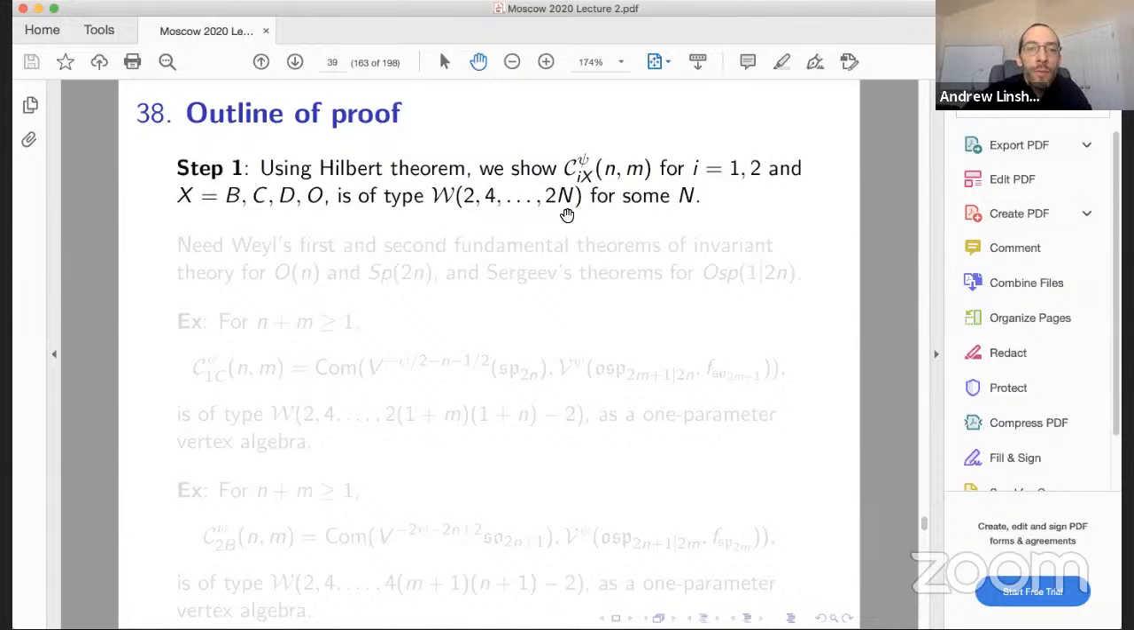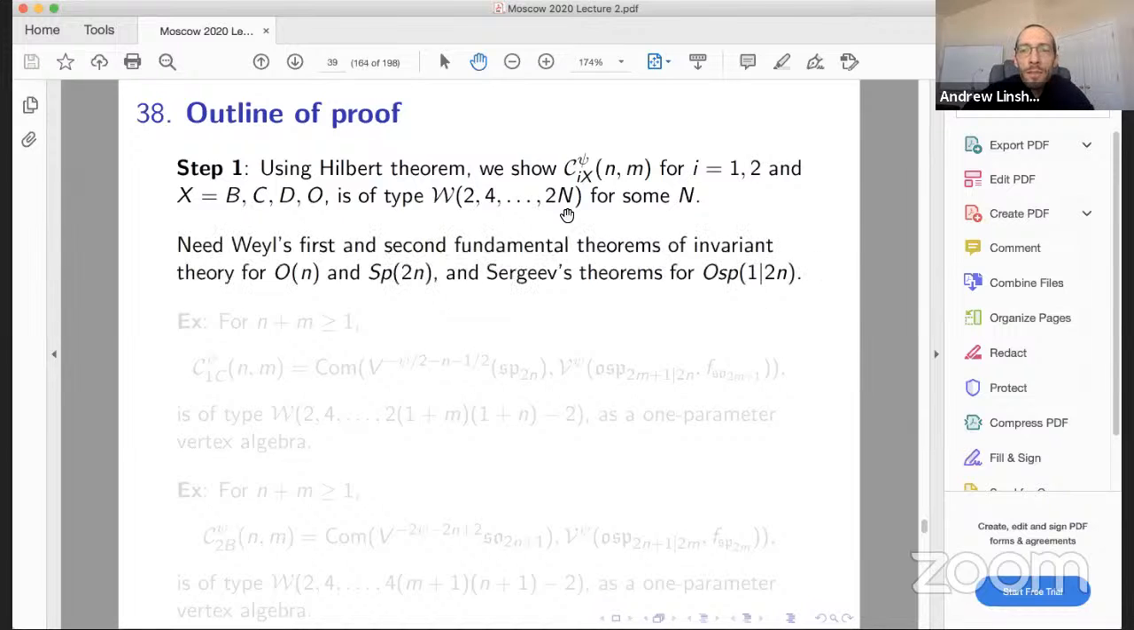Okay, and how do you show this? Well, again, you pass to a limit, which is a free field algebra. This can be handled using invariant theory. And the invariant theory is very nice because when you pass to the associated graded algebra, it's a ring of invariants that's built from many copies of the standard representation, either of O(n), n could be even or odd, so it's either orthogonal or symplectic, or in the case where the affine subalgebra is of OSP type,